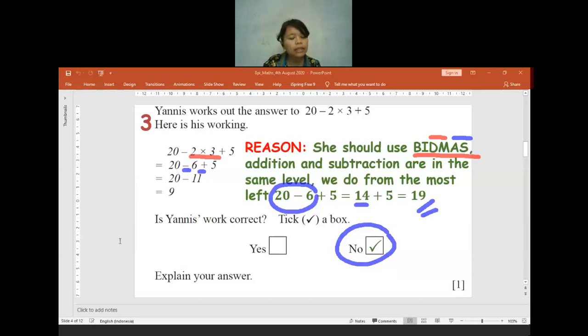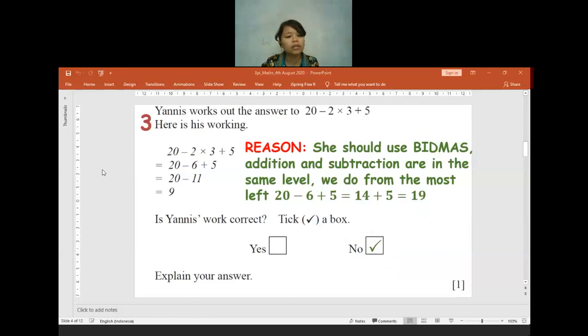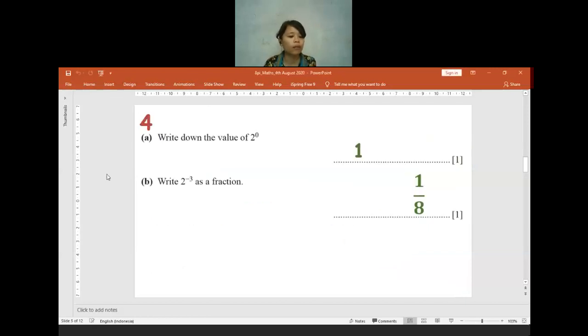Okay, yes, Agatha, your step is correct. Is there anyone having any difficulties or getting confused? If you have any question, maybe you can type it through the chat box. But mostly I will not type the answer for your question. I will just tell you the answer to all of your questions. So if no one has a question, I will move to the next question.